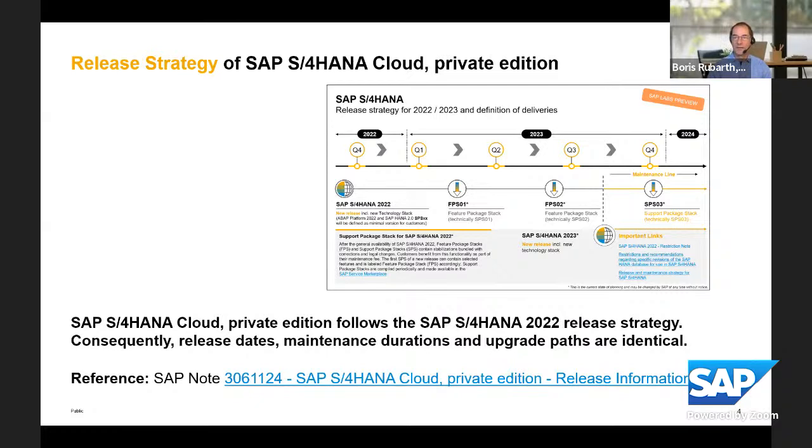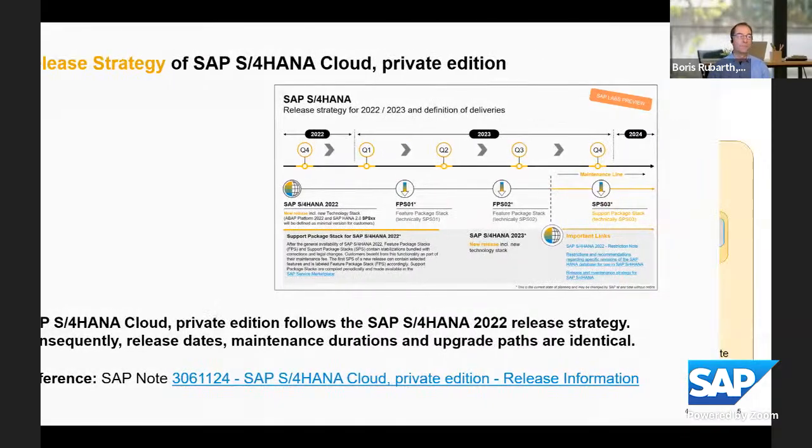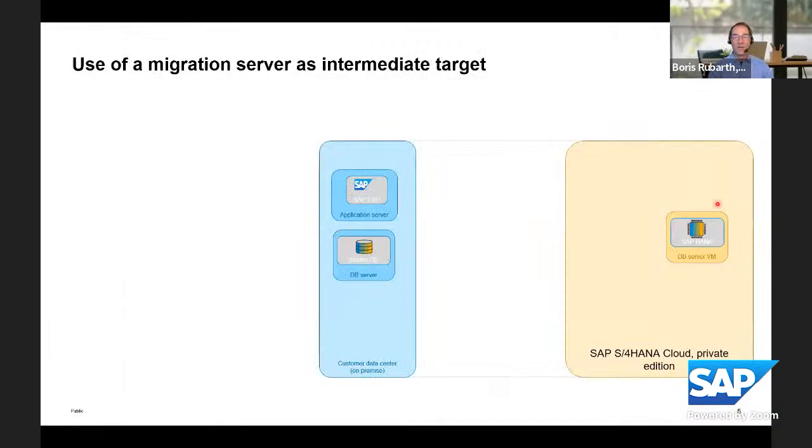Now, what else do we have concerning the technical way of the execution of the system conversion? And that is that a migration server will be used as an intermediate target. So the scenario illustrated here is that you have your ECC system located in your own technical area or data center, customer data center, on premise. Typically you have a database host and you have one or several application server hosts with those instances of this ECC system. And the target is that you have your SAP S/4HANA system running in the Cloud Private Edition area